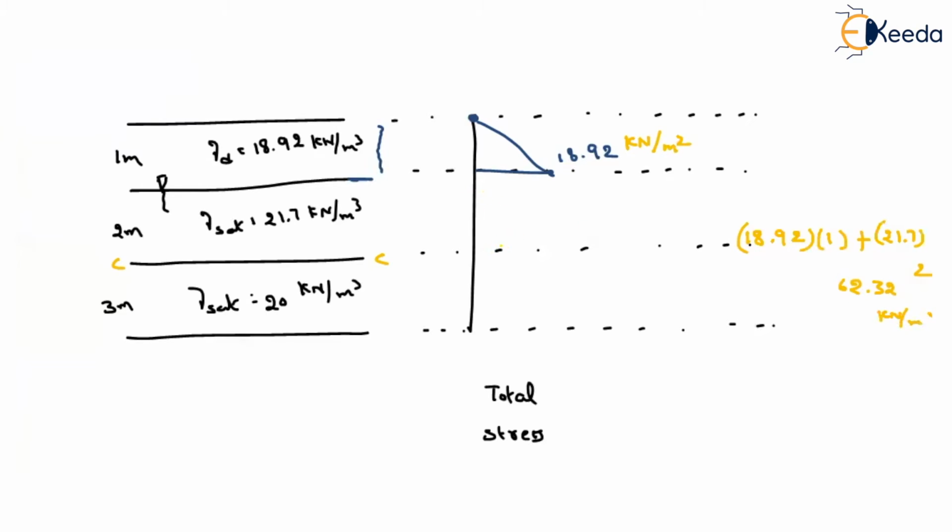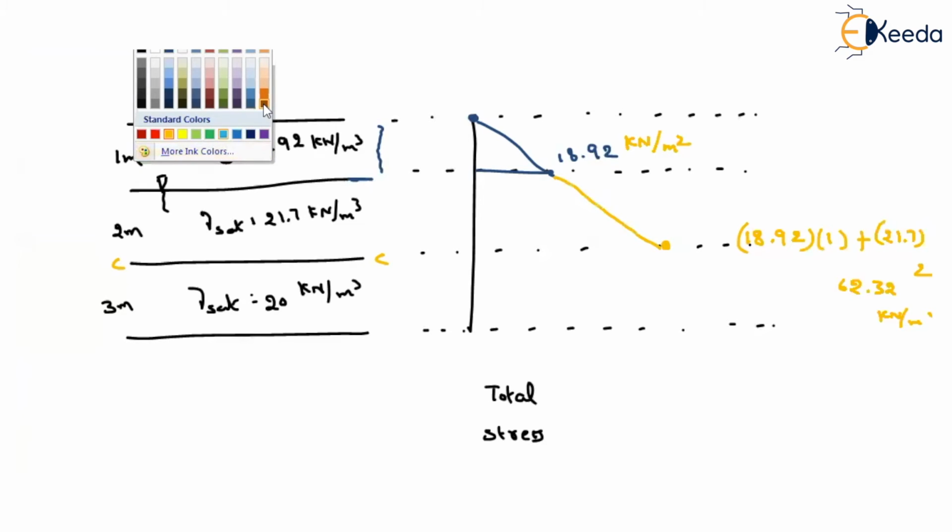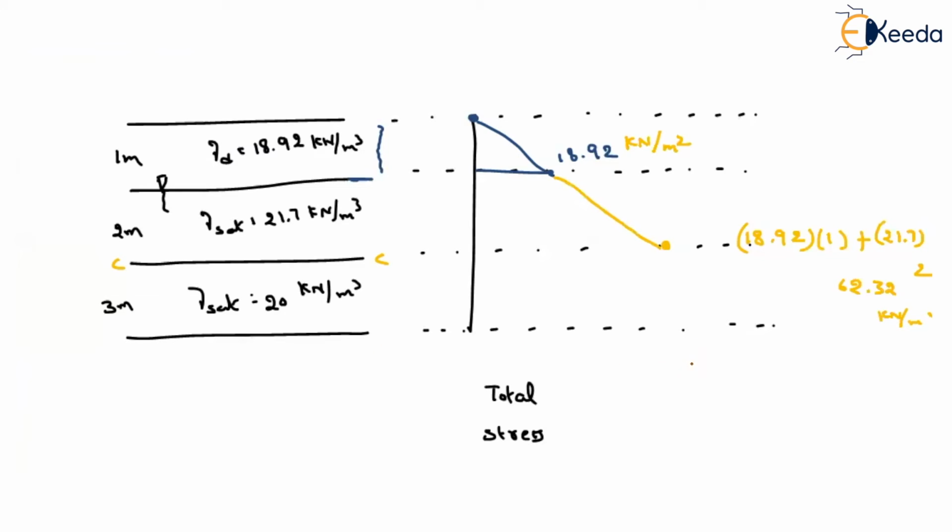So here also, let us imagine the value will be somewhere around here. And again join these 2 points linearly. And after that, at this bottommost layer, what is the total stress here? That is nothing but again the same thing. Imagine that you keep your hand at D, and how much weight you will feel, how much stress because of the weight due to all these three layers.